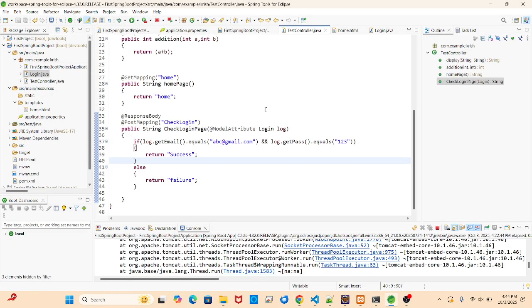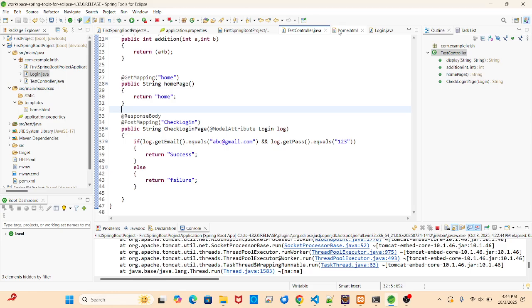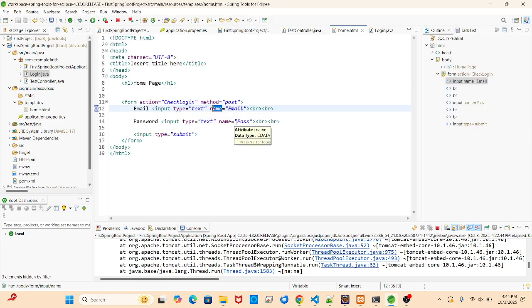But again, what Spring Boot is telling is that while linking fields, it is not good to pass the name field. We just need to take the proper reference. Here we are not checking whether these fields are coming from the model or not. We have not even linked them. We are just passing through the model attributes only. So how to get it linked? Names are not mostly preferred. It is working now, but it is not preferred.